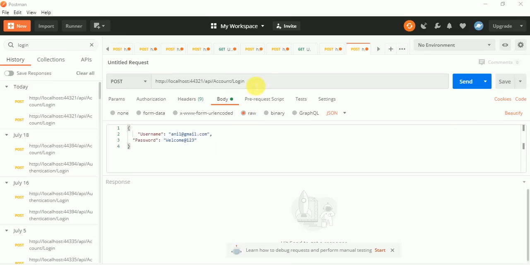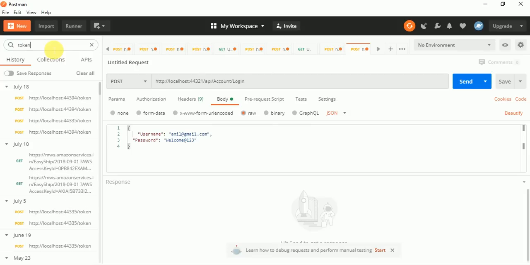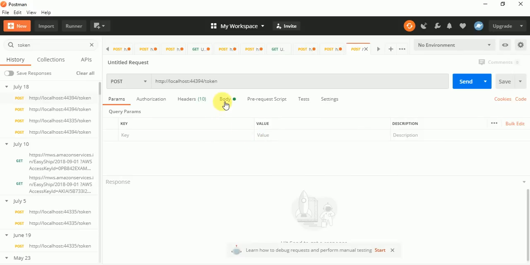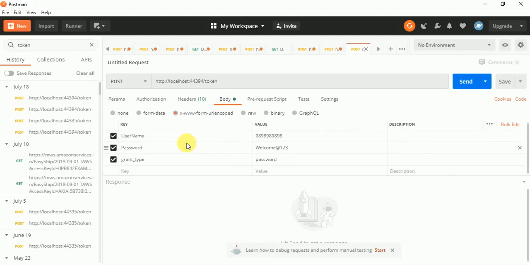So basically I created this for some other perspective, so we don't have any kind of API by default. So here will be something like token API. So token API is also similar to this. We have to pass the username like this.